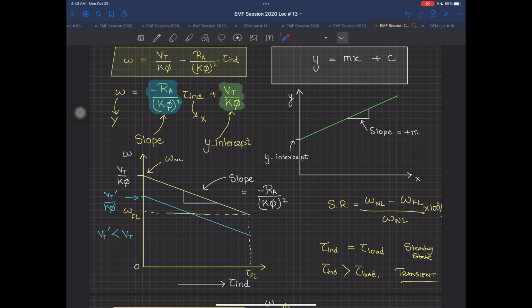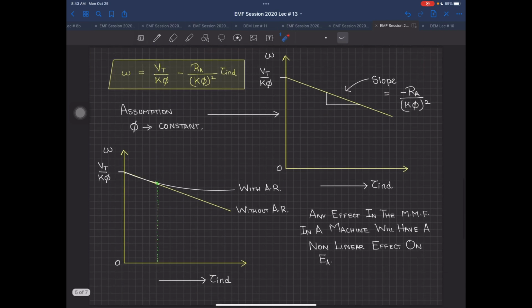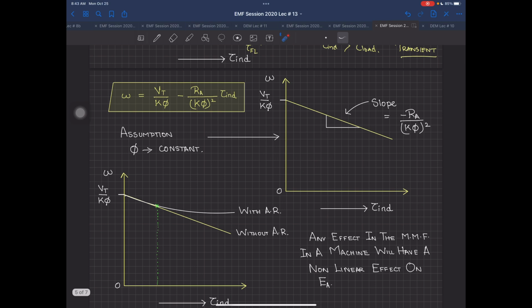In this curve, we have not taken that into consideration yet. But if we take that into consideration over here, now see this very carefully. Now over here, if I take armature reaction without, my curve is going to be a straight line like this. But if I take armature reaction into consideration, we know armature reaction kicks in after some point when Ia becomes